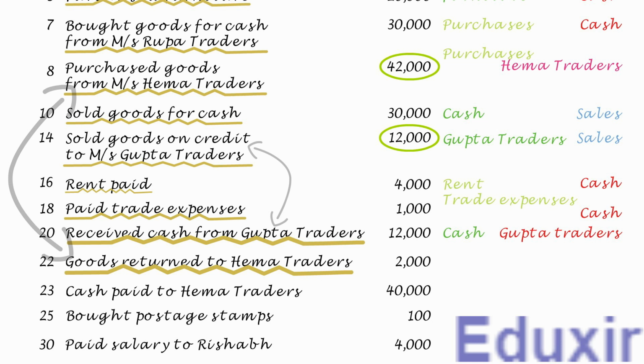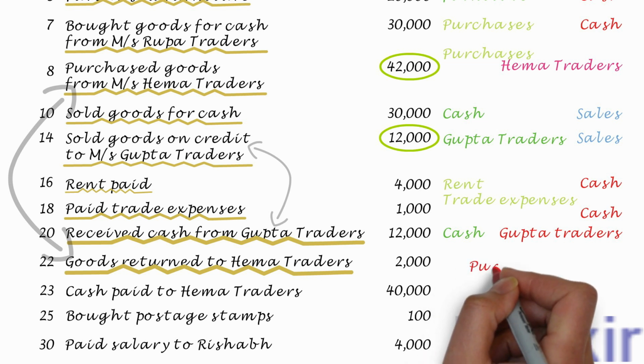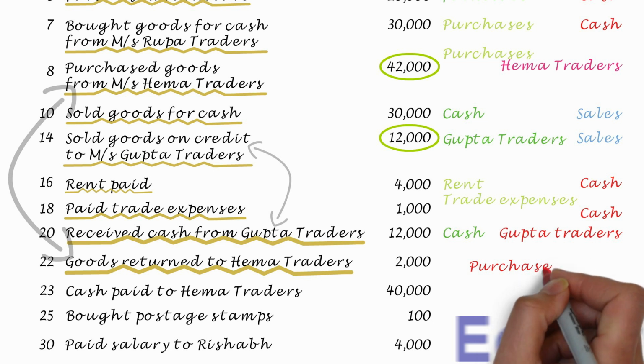Now, the purchases or revenue expenses are simply expenses. When the purchased goods are returned to the supplier, the purchases expenses of the business are decreasing. The rule to record any decrease in the expenses is to credit the corresponding expenses account. In this case, the purchases returns account should be credited, not the purchases account.